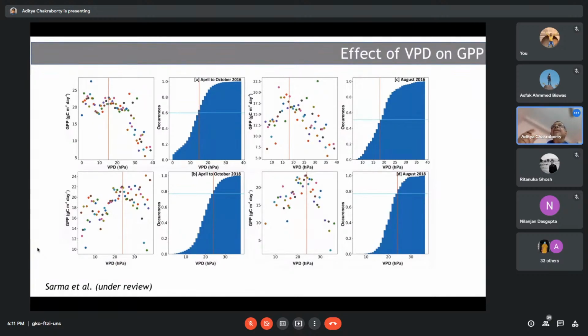Exactly the same thing we have found in the case of 2016, where the threshold VPD was obtained on an average. I am talking about the statistically average value. In 2016 it happened before compared to 2018. So in 2016 the plants could not do as much photosynthesis as they did in 2018. So this is also a process which determines the photosynthetic activity.